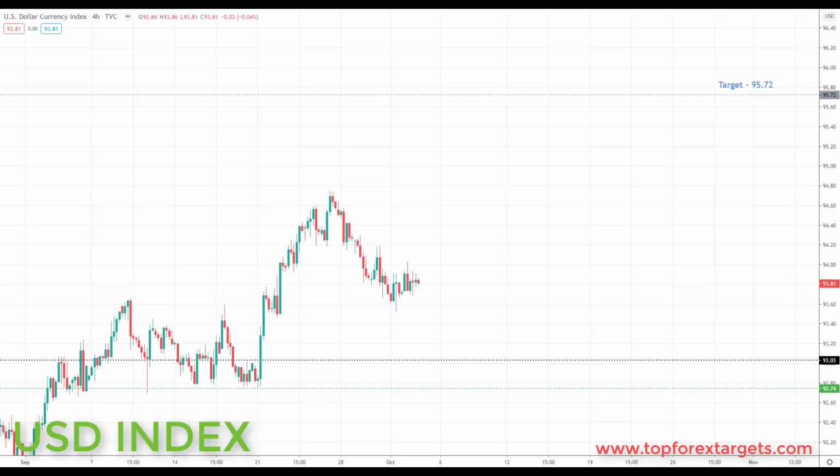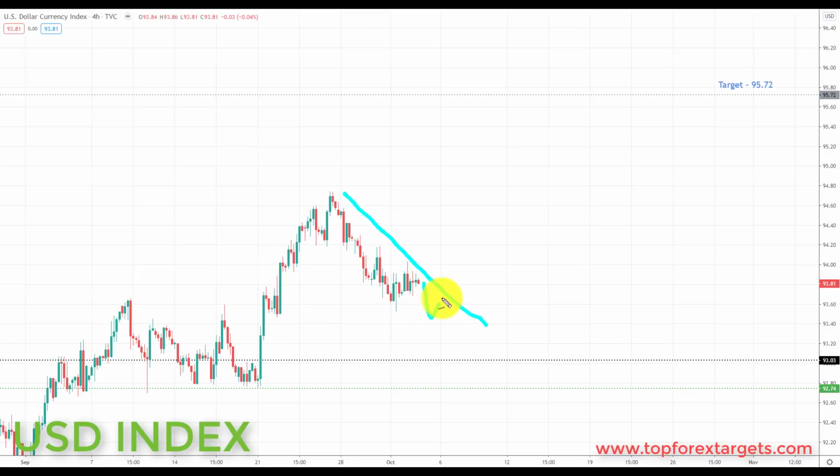On a technical basis, which is what we look at here every single week in the videos, we were expecting a correction back down to the 93.03. We did get this correction, but we failed to really rally. There was a bit of a low volatility week in the dollar and the dollar pairs last week. We had this correction and the market pretty much went nowhere. So very simply put, going into this week, this is now setting up to be a great place to start to look for a breakout to the upside in the dollar index.